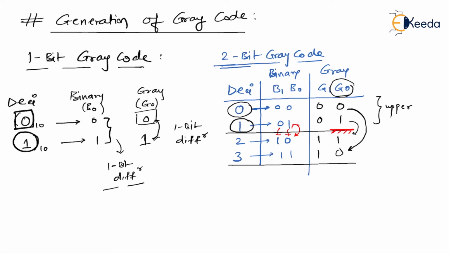This is called gray code. This is how gray codes are generated. Okay, it may not be that clear with 2-bit gray code. Since I understand the psychology of students very well, I have taken one more example, that is 3-bit gray code. So no worries, no problem, just have some patience and pay attention. Let me finish with 3-bit gray code, and then I'm sure you will have absolutely no doubts. So let's start with 3-bit gray code here. I'll just copy these 2-bit gray codes, because I need that reference when I'm starting with 3-bit gray code.